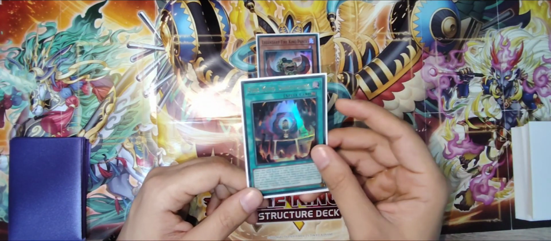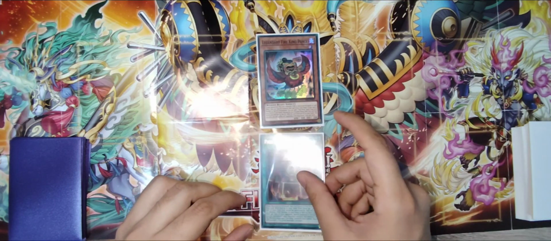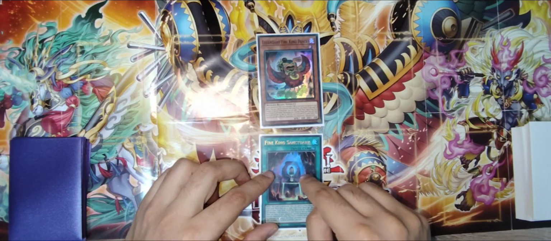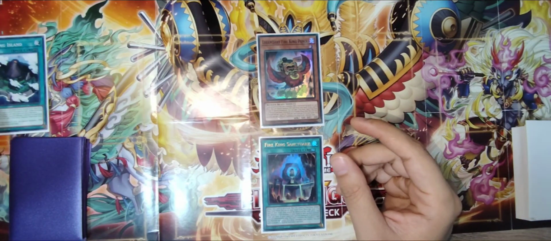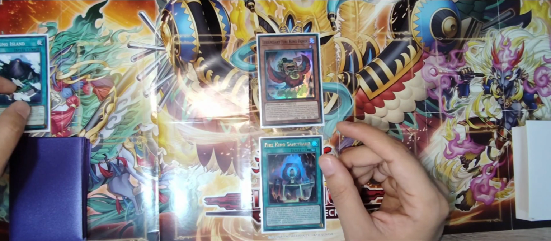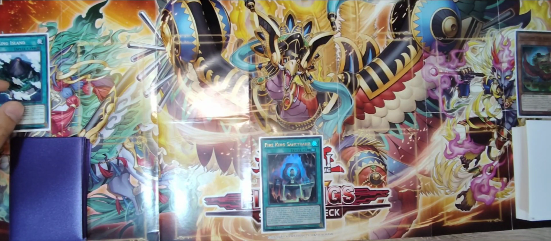So we'll be adding Fire King Sanctuary from our deck. Then we'll be activating Fire King Sanctuary. Fire King Sanctuary's effect activates, and we'll be placing one Fire King Island from our deck directly to our field zone. We'll then activate Fire King Island's effect and destroy Legendary Fire King Ponix in order to add one Fire